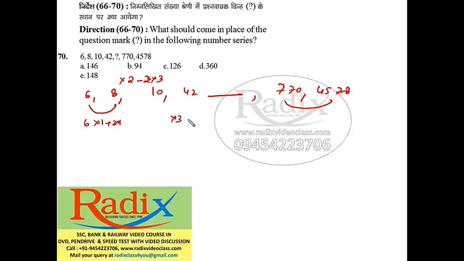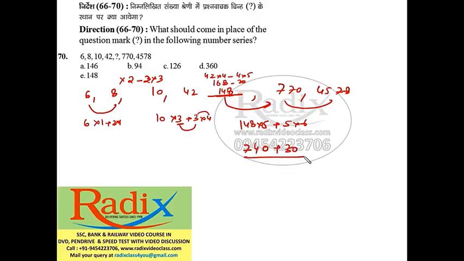Into 3 plus 3 into 4. Now the same term is used here, and then the next term is multiplied with it. So this is 42. Now this concept is applying here. So next would be 42 into 4 minus 4 into 5. This is 8 minus 20. This would be 140. Now check whether this is possible with the same concept or not. 148 into 5. Now next would be plus 5 into 6. This is 740 plus 30. Yes, 770. So our concept is correct.